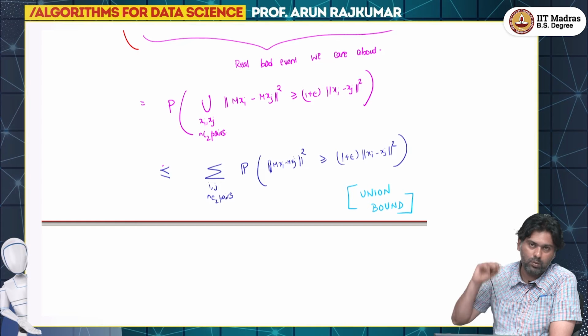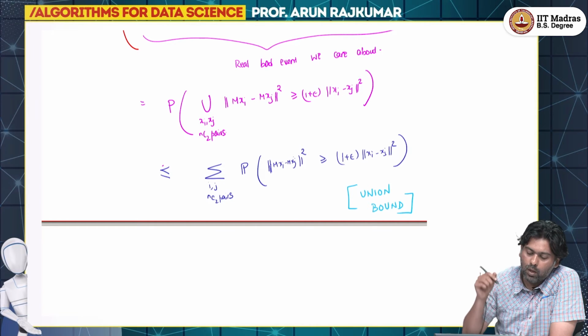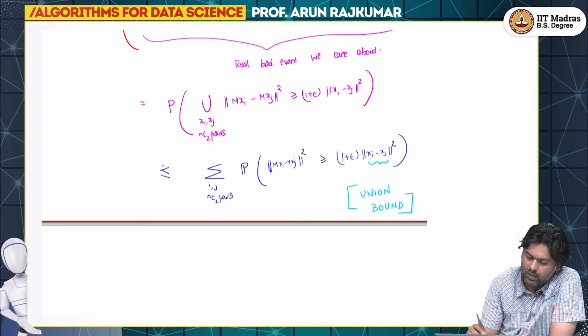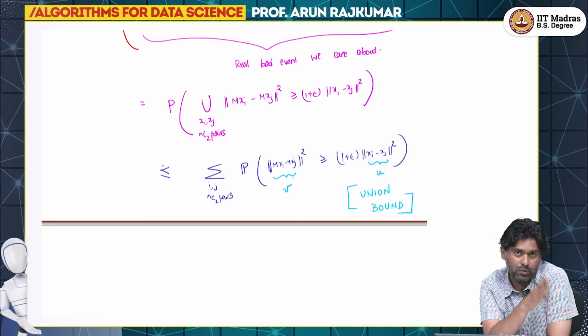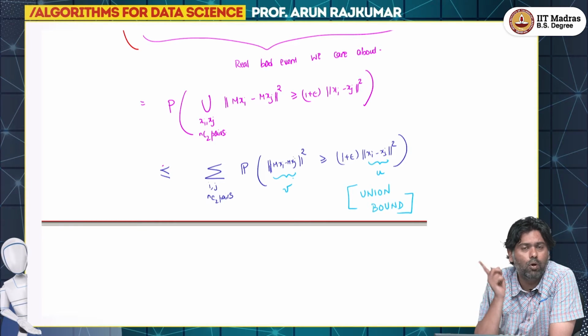Is bounded by, it's not equal to, is upper bounded by the sum of the chance that each of them goes wrong. But then for each of them going wrong, there is nothing special about the specific xi or xj, it is just any vector, right. So, I can just think of this as some vector u, and then this is the corresponding v that we have, right. So, for any fixed vector, it can be any arbitrary vector, we have already proved the